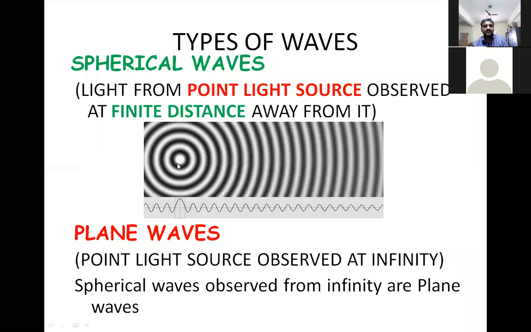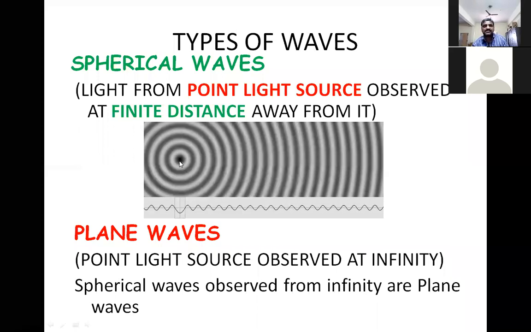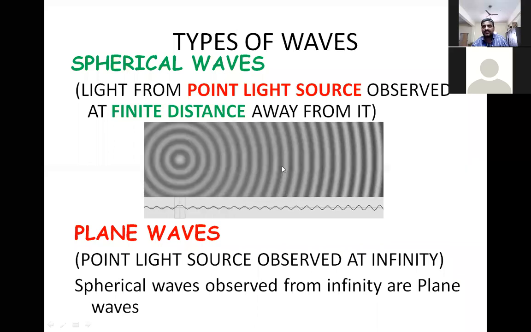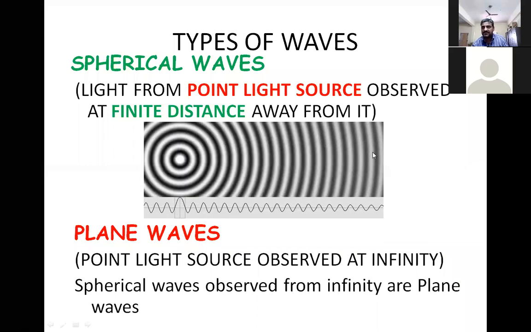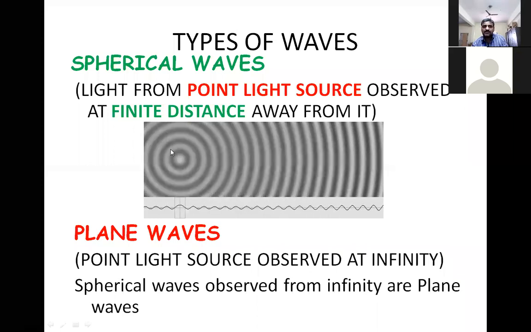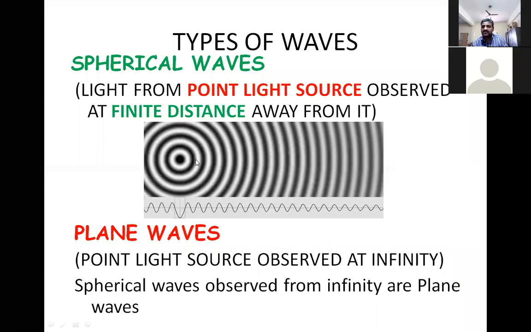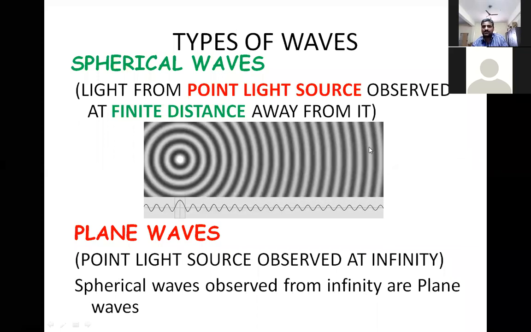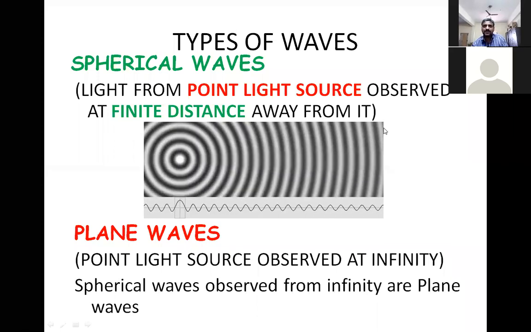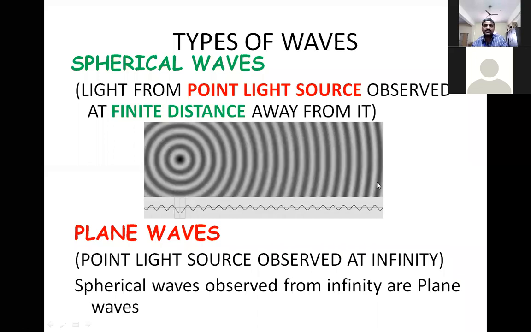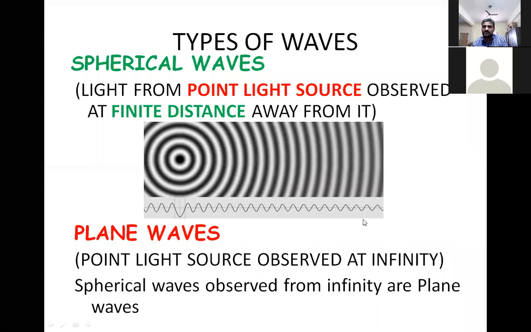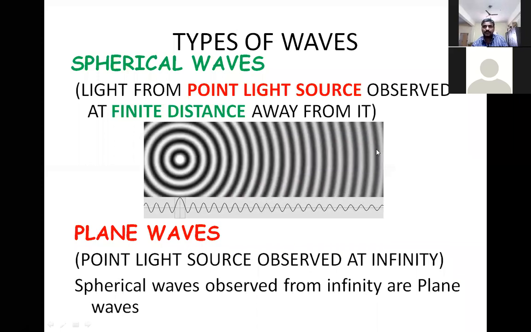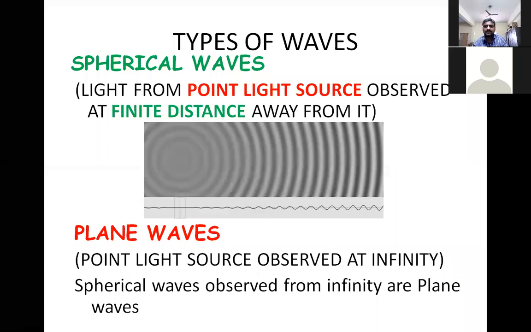So this spherical wave is because of a point source here at the center. You can see a dot. From there, the waves are emanating and they are progressing with time as well as space. So they are going outwards. Now, if you look at the same spherical wave by standing at a very large distance, let us say near the edge of this figure, imagine that it is a very long distance. Of course, on the screen, I cannot show a very long distance, but you imagine that. So at that long distance, if the observer is receiving these ripples, how would they appear? Will they appear like a circle or will they appear like a plane? I'm expecting an answer from you.